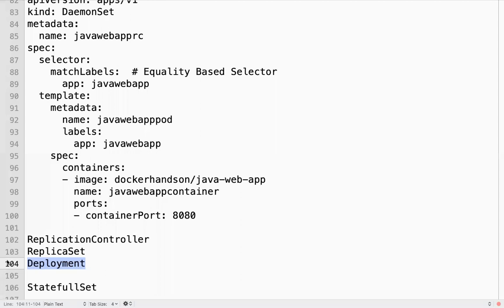Why? What are the problems with the others? Are these controllers not managing your pods? They are managing them. If a pod goes down, it is recreated and rescheduled. But what is the problem? Suppose there is a change in your image, a change in your code.